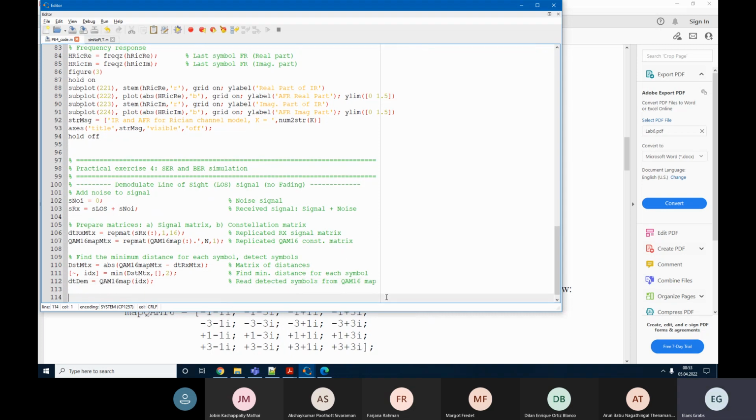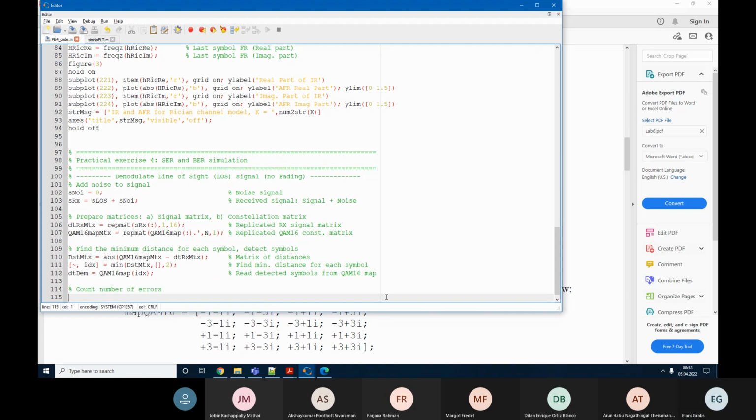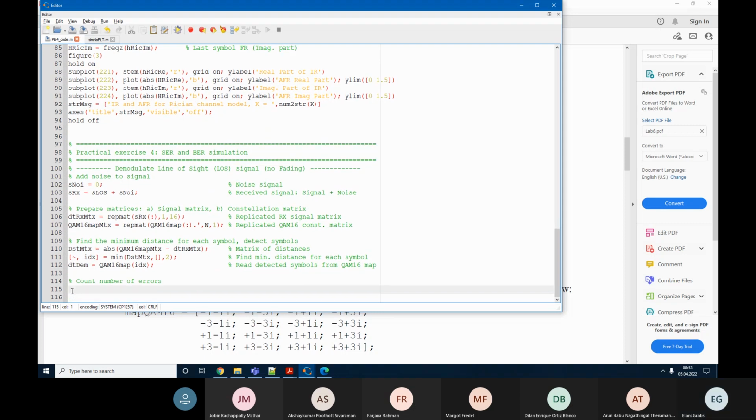And here we are going to count number of errors. Like this. So number of errors BER for loss signal, because we are going to calculate number of errors also for Rayleigh channel, and for Rayleigh channel, is going to be